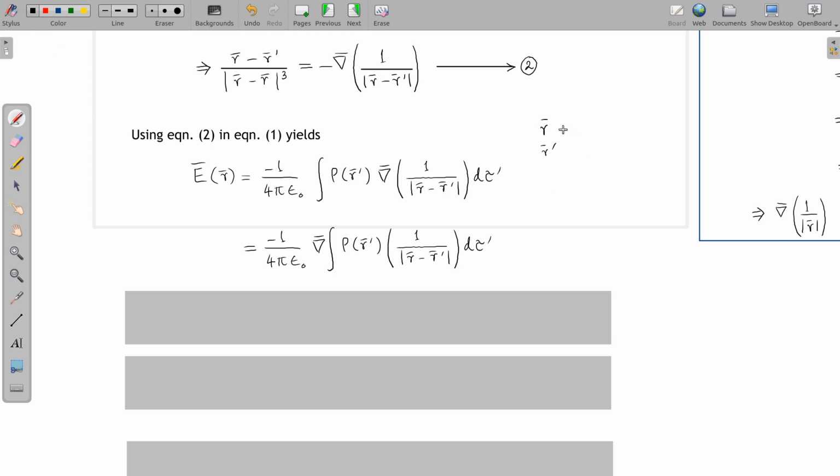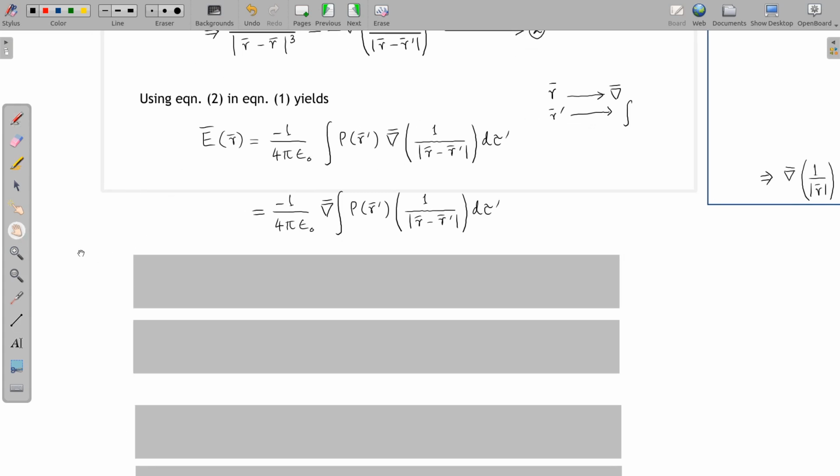This r is the vector with respect to which we are performing the differentiation, and with respect to the vector r prime we are performing the integration. So the integration is with respect to r prime and the differentiation is with respect to r. Keeping this in mind,